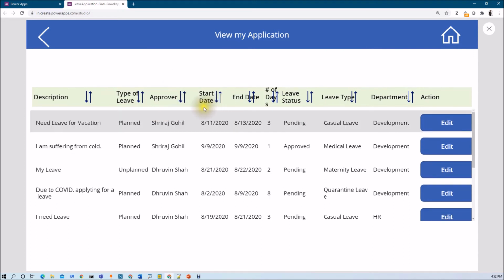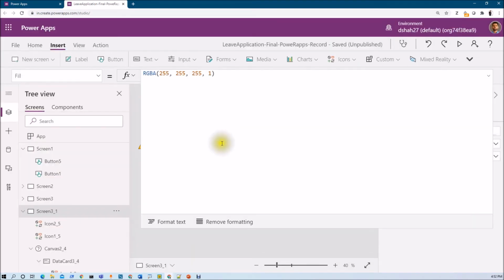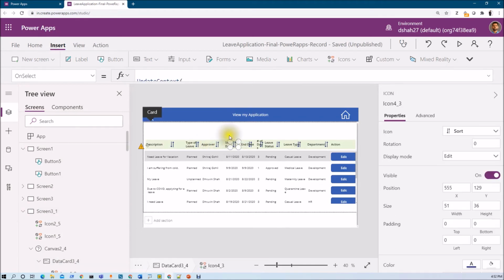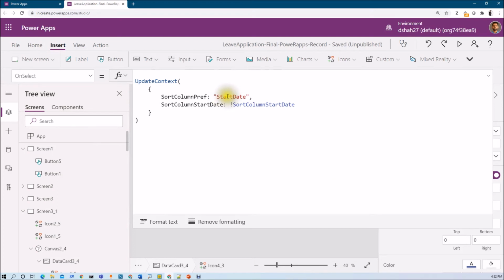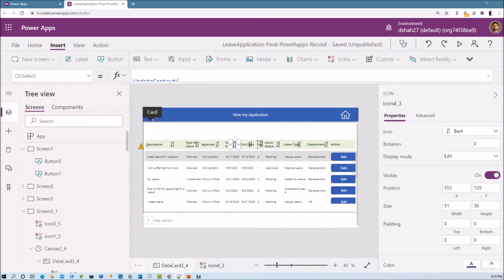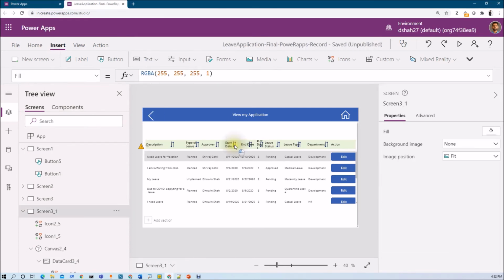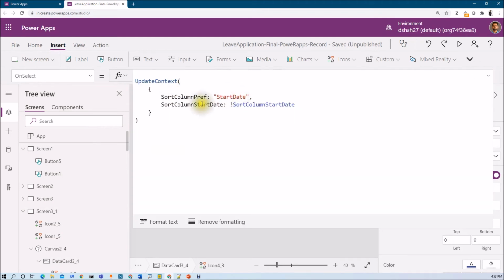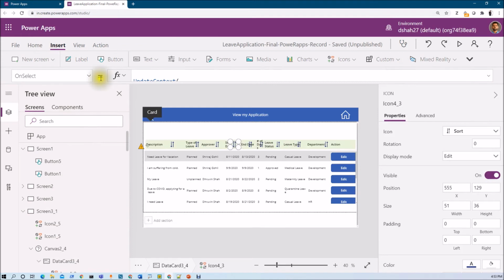Now we need to apply the code for start date and end date, right? For that, in a similar way, we need to copy its switch value, that is start date, and this variable. And now let's add the sort function for start date here, and in a similar way end date.